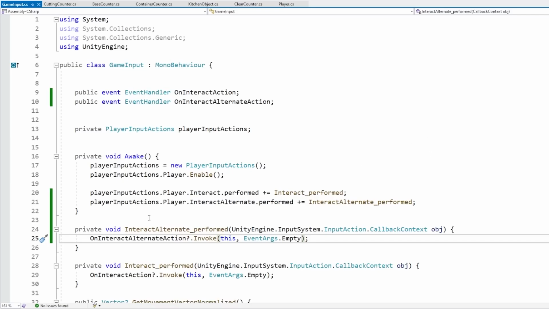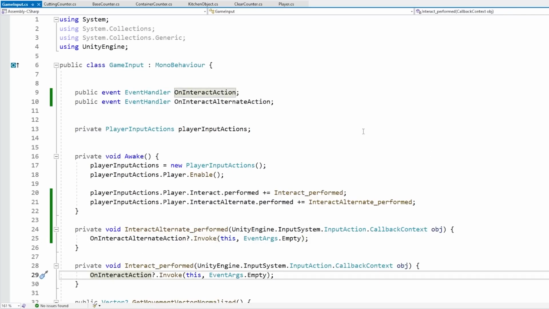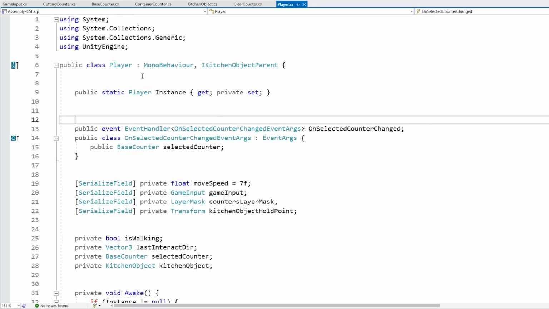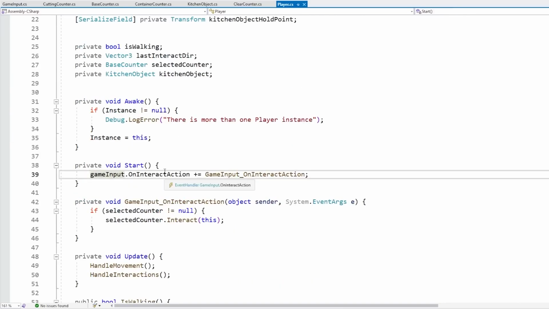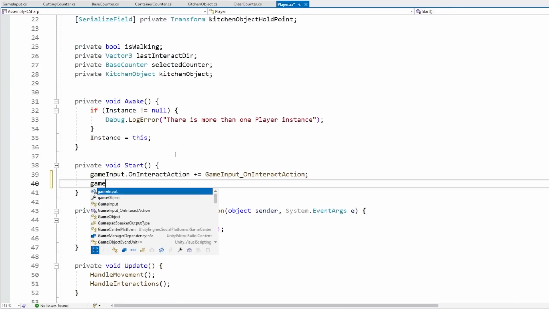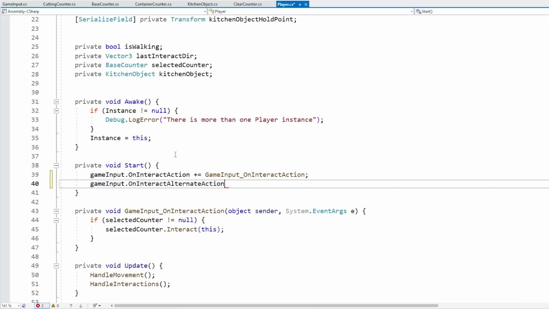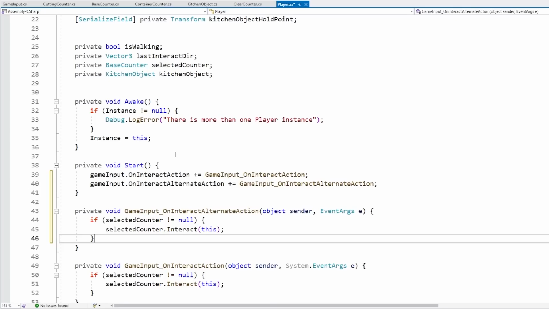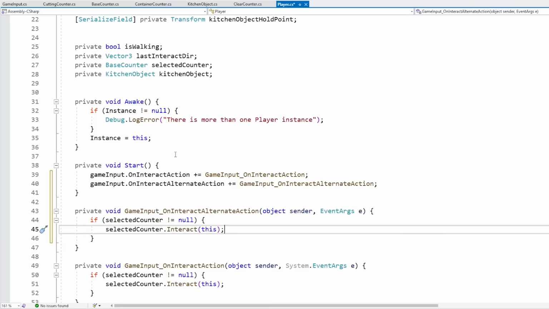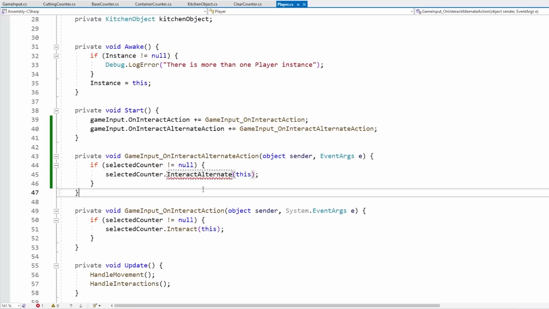Now let's go on the player to listen the same way we were listening to the regular interact action. So over here on the player script, let's see how we're doing things. So we go into game input and listen to that. So let's do the same thing, game input and on interact alternate action. Let's listen to this one. And when this one happens, let's do pretty much exactly the same thing, except we're just going to call a different function. So instead of interact, let's call interact alternate,